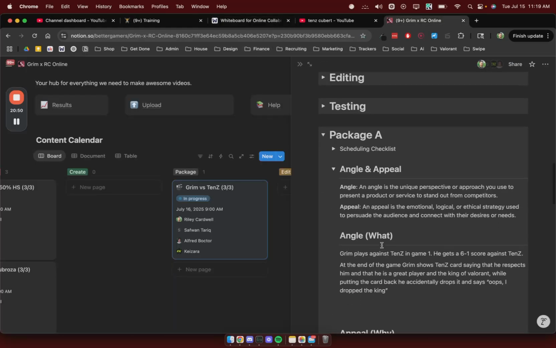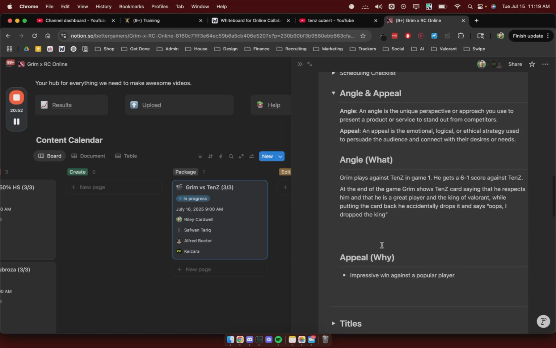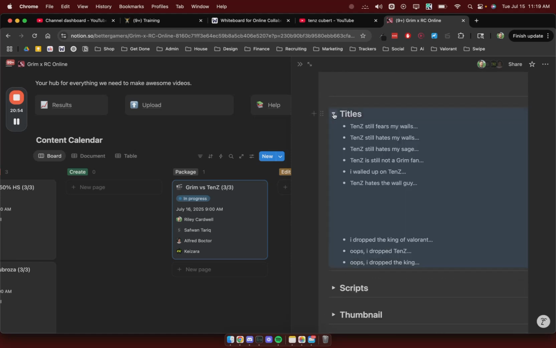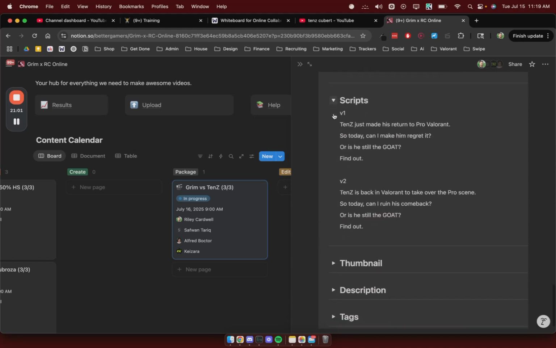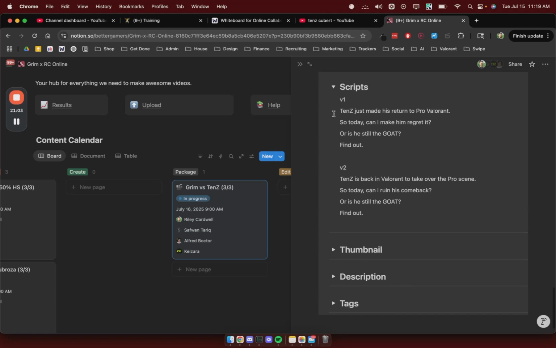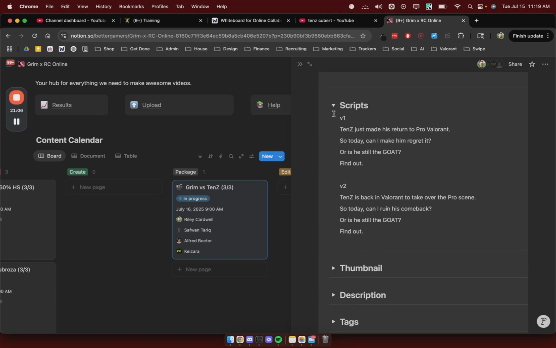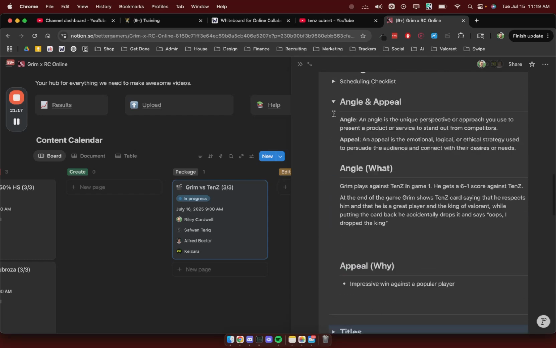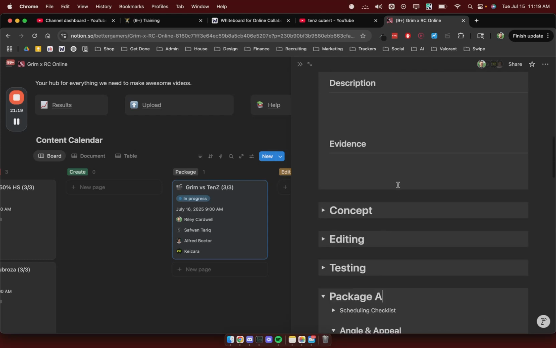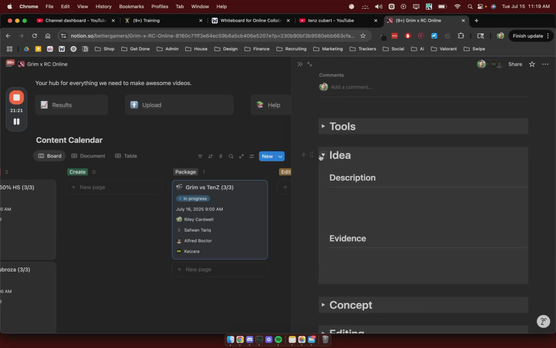Like these angles and appeals are cool, and the titles seem all right, and the scripts are getting better for sure in terms of the wording. So it's good to see that some of the feedback and some of the calls where we've been collaborating over them is resonating and sticking with you. But in regards to doing it faster, it's just structuring your process very intentionally so that you